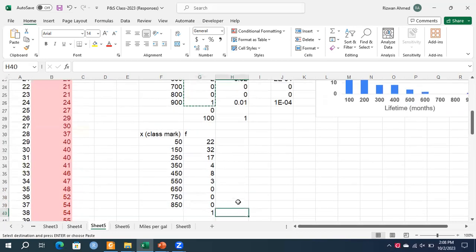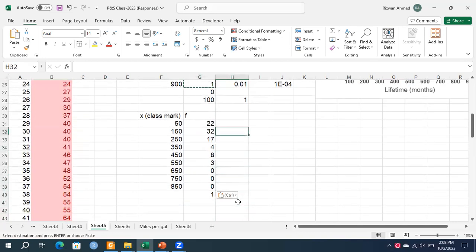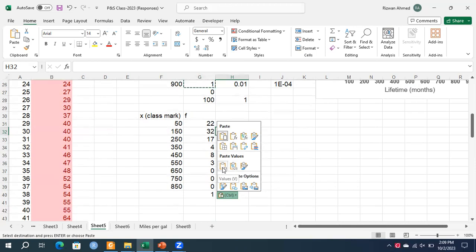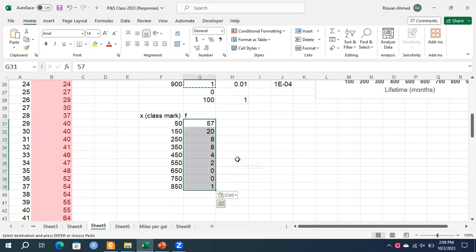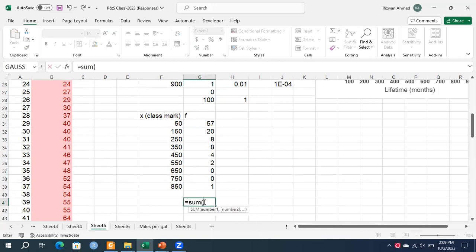So the numbers have not been printed correctly because there was a calculation performed in those cells. So I have to paste those values using a specific paste special option, and that is paste only the values, and that's it. So the total number of objects, if we like to check it, was 100,